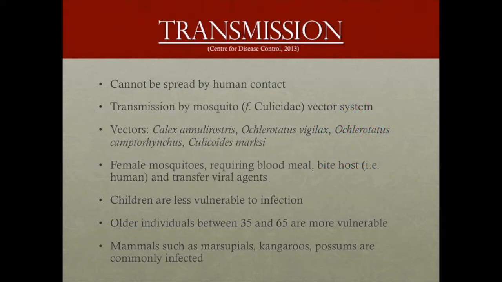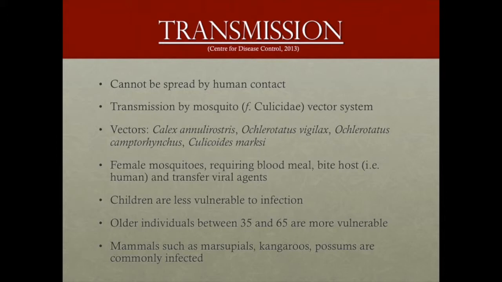The BFV infection cannot be spread from person to person. It is transmitted to humans by the bite of an infected mosquito. Mosquitoes are a part of the family Culicidae, which is in the order Diptera of the class Hexapoda, also known as Insecta, of the arthropod phylum. Various species of mosquitoes are efficient arbovirus vectors for this disease.